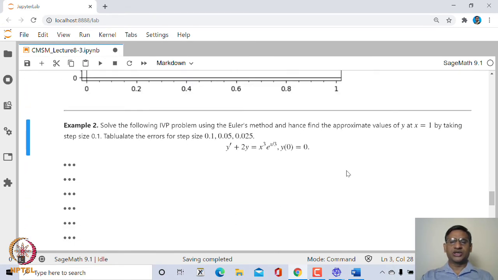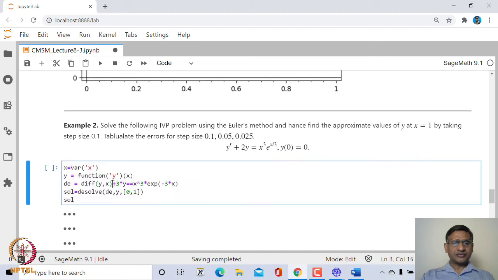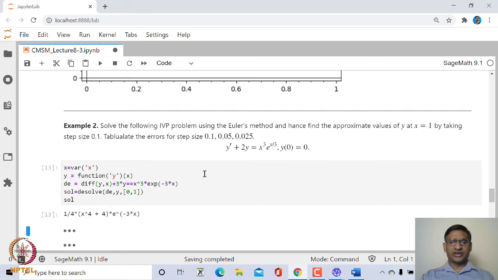exact solution. So in this case we are looking at y dash plus 2y is equal to x cube into e to the power x by 3, and y at 0 is equal to 0, right. So let us first solve this analytically. In this case the solution of this initial value problem is 1 by 4 into x to the power 4 plus 4 into e to the power minus 3x, right. I think there is a small difference between this and this. So here I should